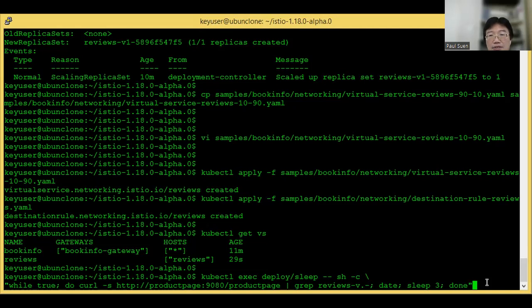Another thing is that 10% of the requests will go to version 1 and 90% will go to version 2. So we expect many responses from version 2, and responses from version 1 are few and far between, probably one or two among many responses from version 2. So let's start the loop.